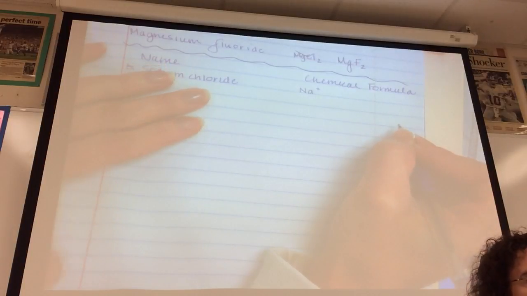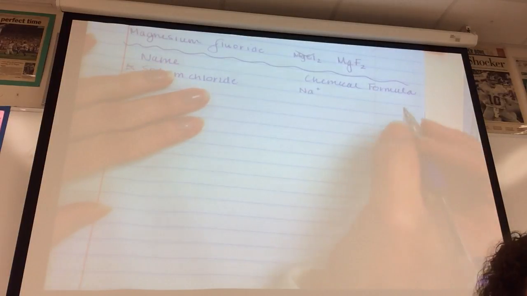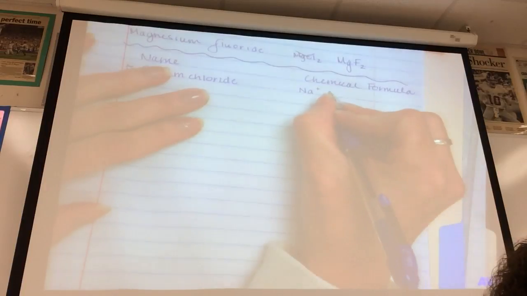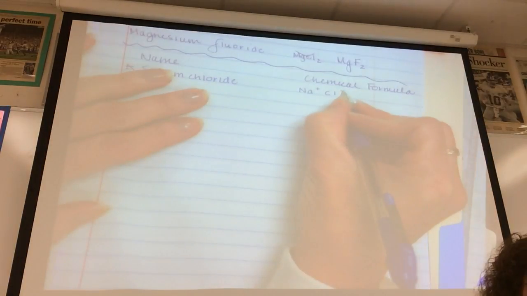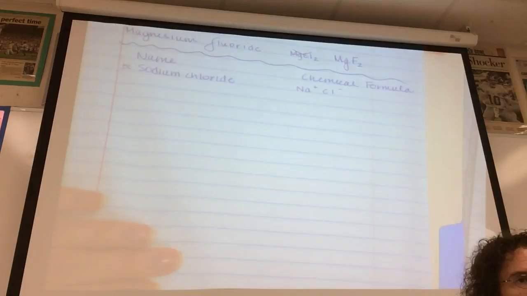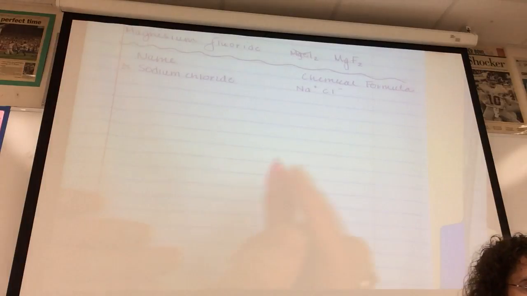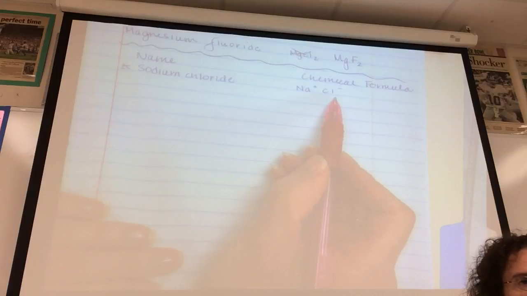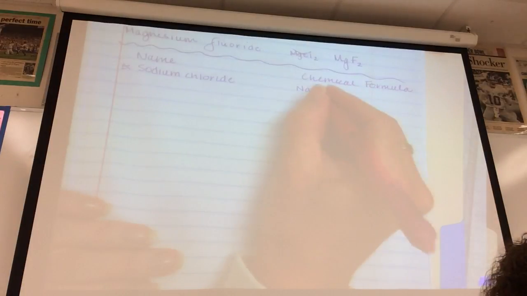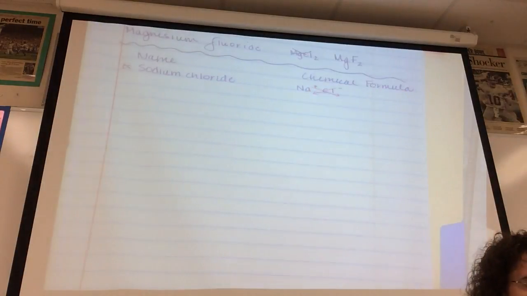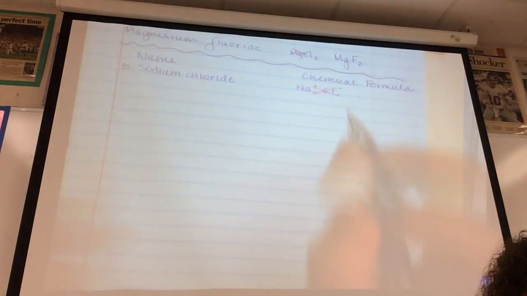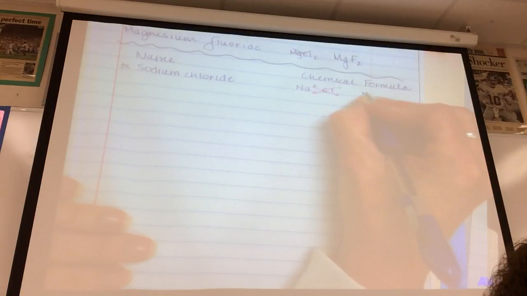Chloride. Chlorine's in group 17. What charge would chloride have? Not 7. 7 valence electrons. You gain 1 to have a 1 minus charge. So we wrote the cation and the anion side by side. The 1 goes here. The 1 goes here. You can't reduce 1 and 1. Plus and minus go away, and you have